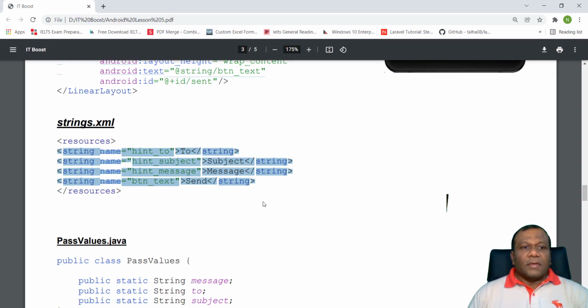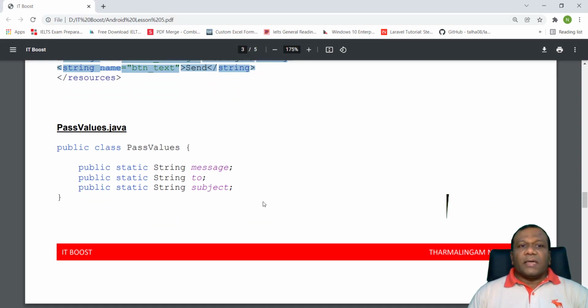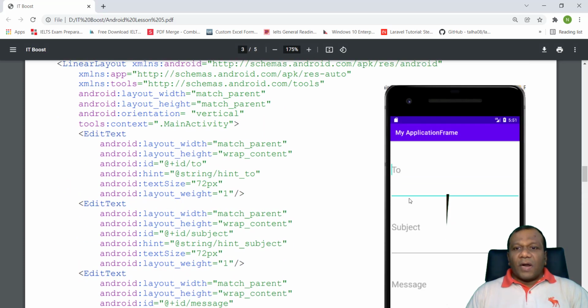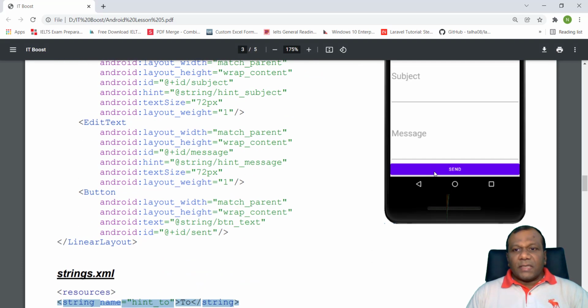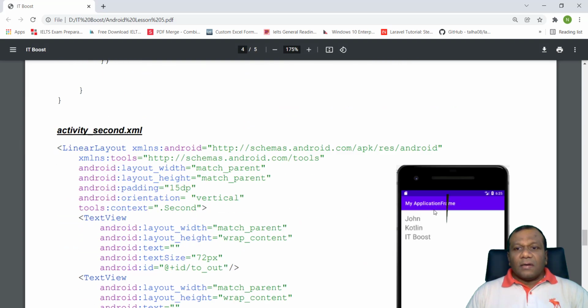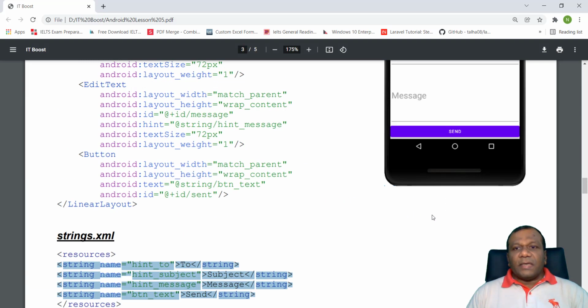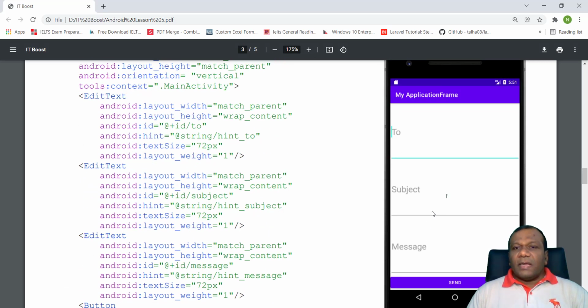Right. Now we have to create a global class to pass the value. So here we are going to pass some values from one screen to another, right? Here the to, subject, message, and when you click the send message, it will be passed to another activity. So for both activities, we need global variables, common variables.